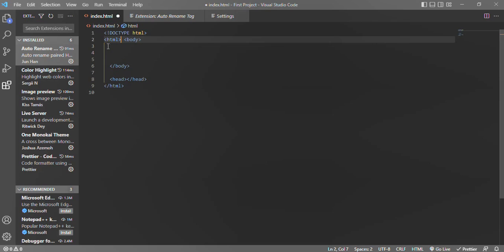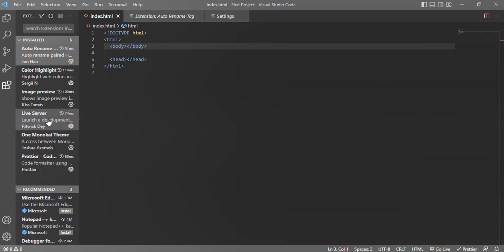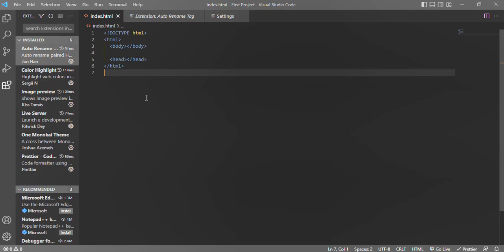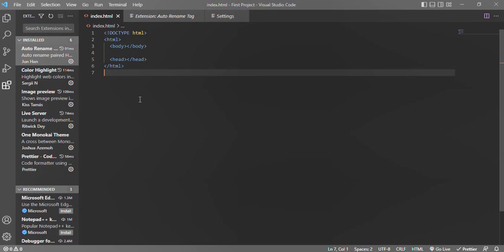Okay, suppose I have created the website like this. When I save this website, what is happening? It will automatically give me the indentation. See here, I am pressing Ctrl S, and it will automatically give me the indentation marks. The indentation is nothing but space given to the